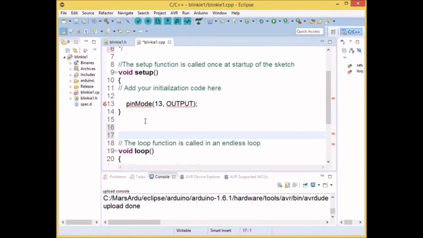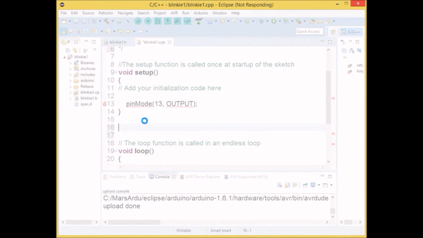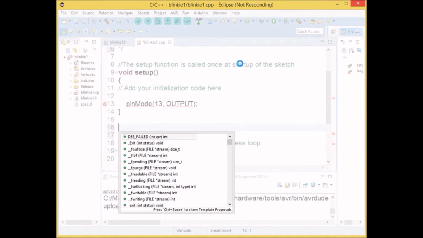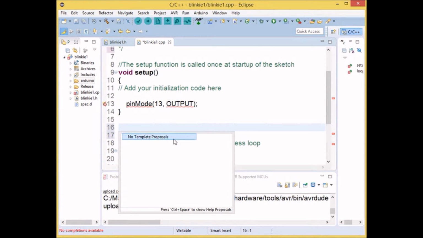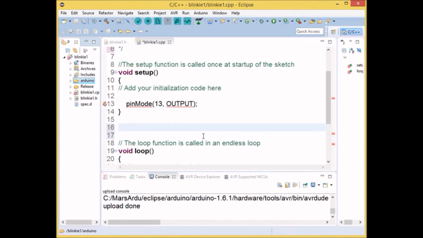Now remember when I did the Control-Space? When you do it now, I could hit that all day long and nothing is going to happen. Well, something happened here. It's actually causing my program not to respond. It tried to come up, as you saw, but then it couldn't, and what came up was no template proposal. So the IDE tried. It looked for it, it even tried to bring it up, but